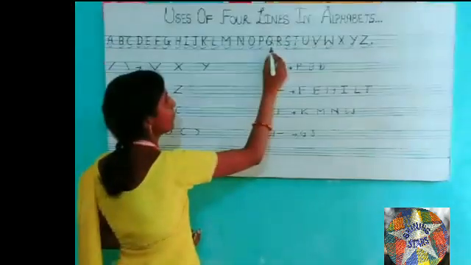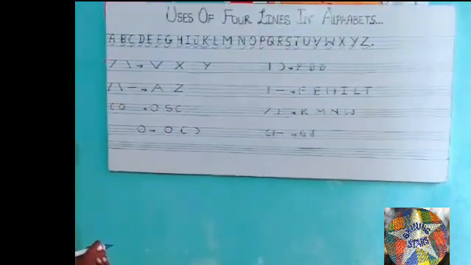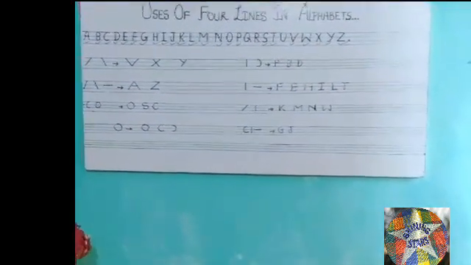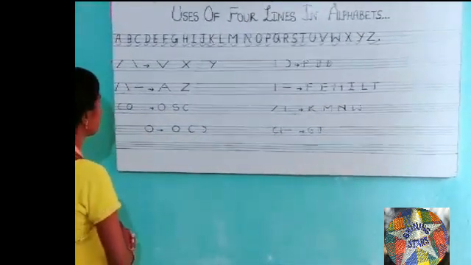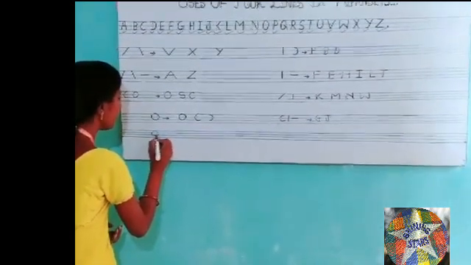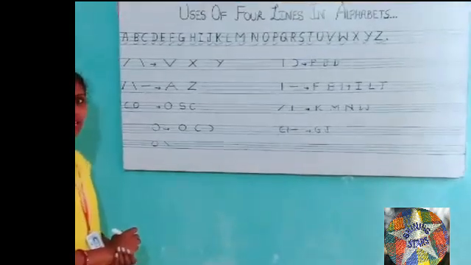These letters: Q, R and U. See how we will make Q, R and U. Q is made with a circle and a slant line. So how will we make Q? First we make a circle, and second we make a slant line, in 3 lines, from the blue line to the second green line.